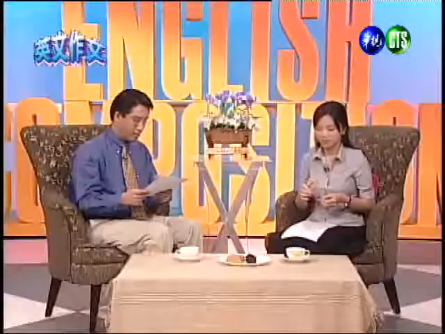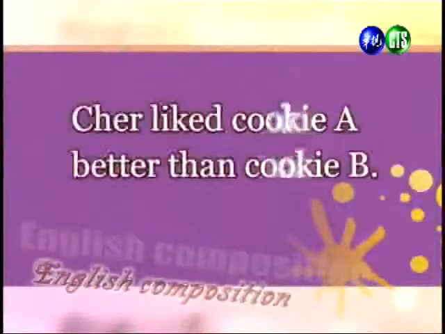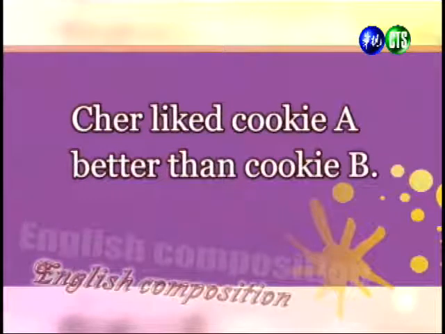All right, and so it seems that Cher likes cookie A better. So which one do you like better? Cookie A. All right, so since Cher liked cookie A better, we can make up a sentence like this one. Cher liked cookie A better than cookie B. 好，那刚刚呢，我吃了2种饼干呢，我发现 Cookie A 我比较喜欢胜过 Cookie B，所以我们可以造出这样的一个句子：Cher 喜欢 Cookie A 胜过 Cookie B。